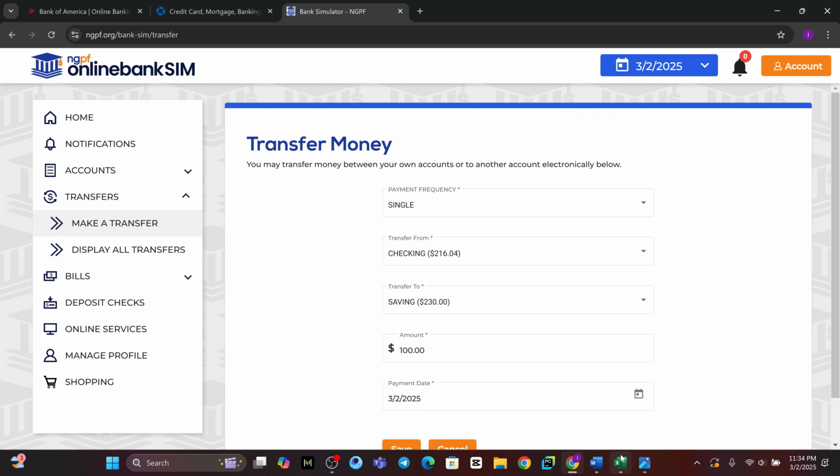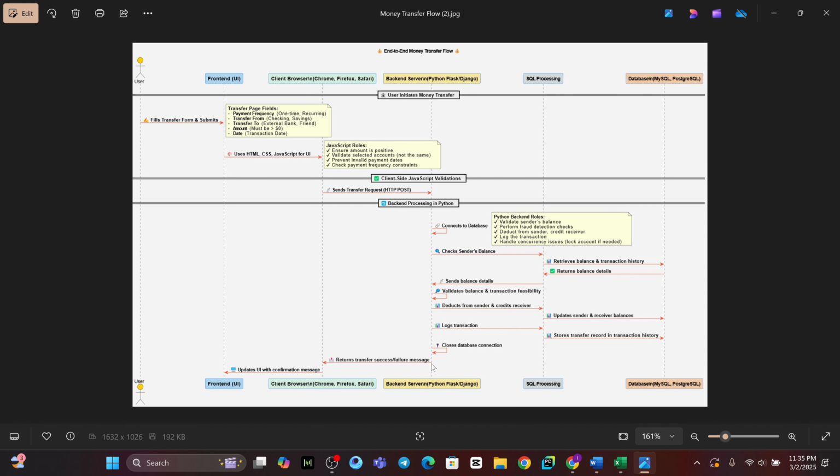So all this transaction will be logged into the database and everything will be stored and updated in the database. So once all these things are done, again Python will close the database connection. After closing the database connection, the server will send back either a transfer success message or a transfer failure message. It might send just a message to the client saying that the transaction was successful, or it